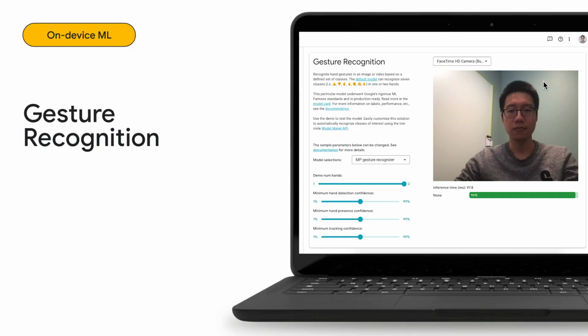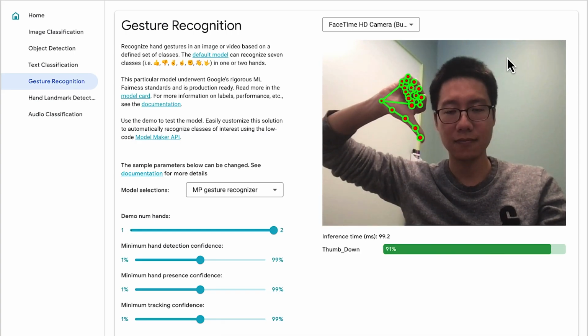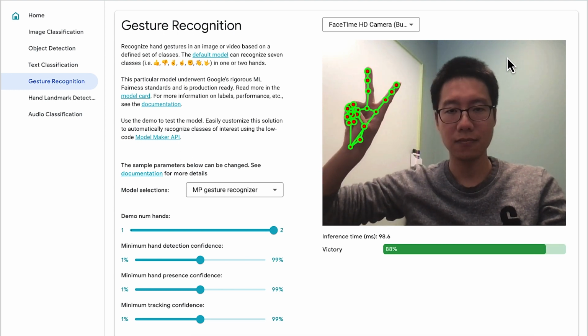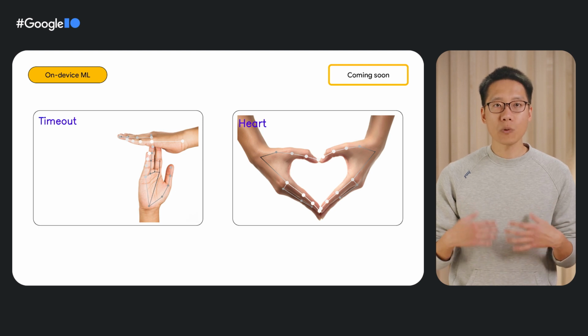Of course, you can try out the hand gesture recognition solutions in MediaPipe Studio. You can see that it can recognize thumbs up, thumbs down, or victory gestures in real time. This solution can recognize single hand gestures today. We're adding support for 2 hand gestures, and you will see them coming soon. Let's try another solution,